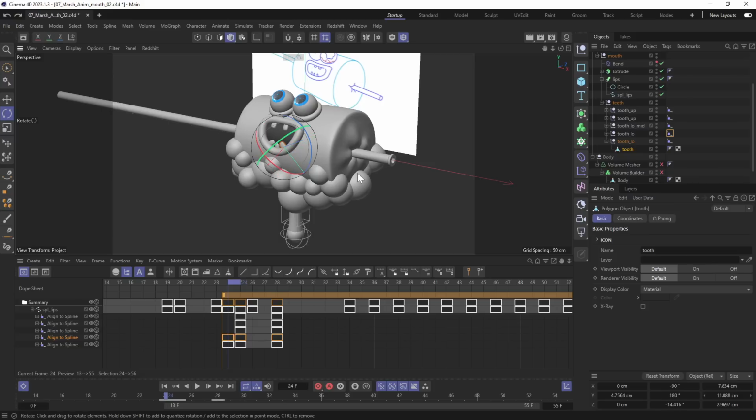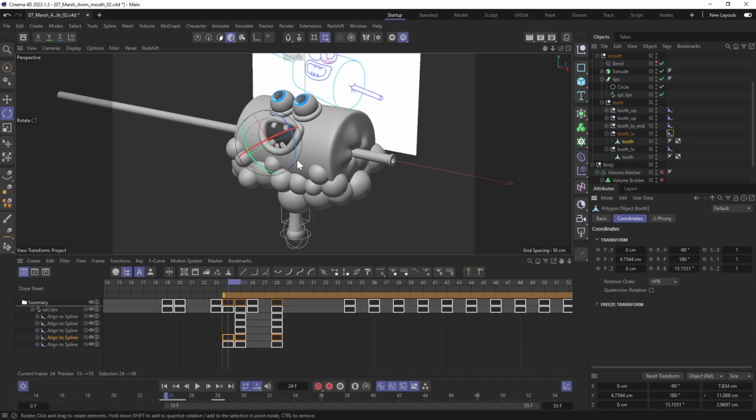But before we fix it, we need to set keyframes on those frames where we already happy with the orientation. We're gonna rotate along this blue axis, which is B. So before, let's go to frame 25 and set a keyframe here. And then do the same for all the teeth we want to fix.